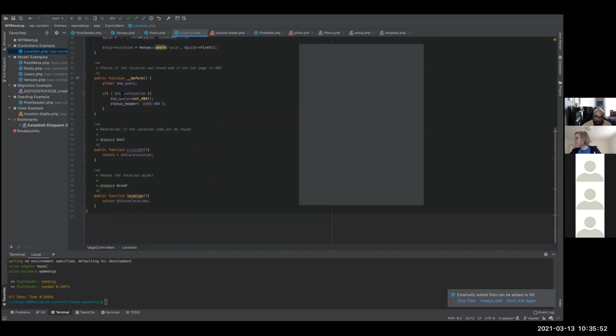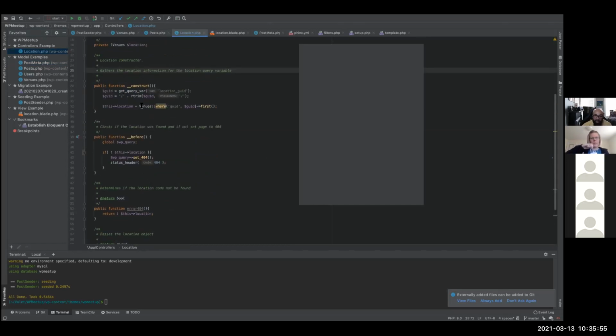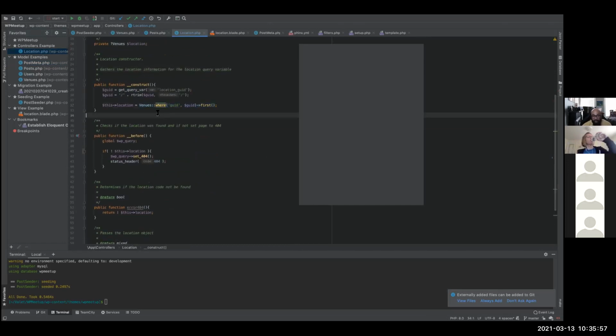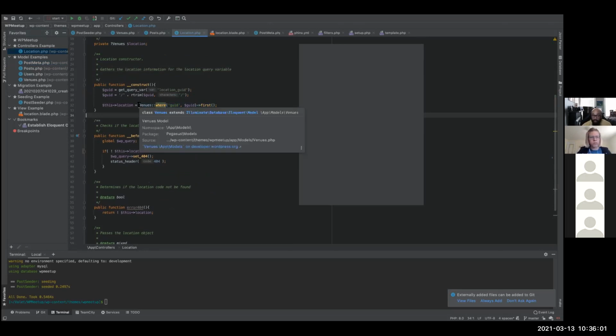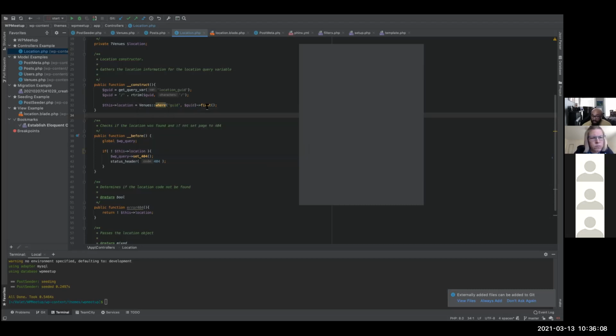Right here, I have this simple statement that basically says, go find that WP venues table that I created earlier, where guide matches guide, and get the first one. It's that simple, and it'll just return an object. No long MySQL statements, nothing. It's just a simple piece of code that will return every piece of data regarding this guide that I'm sending.